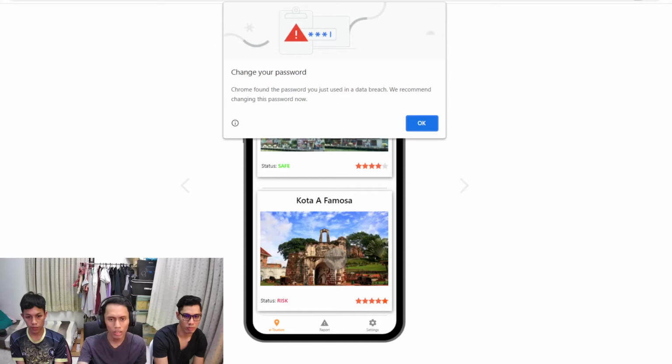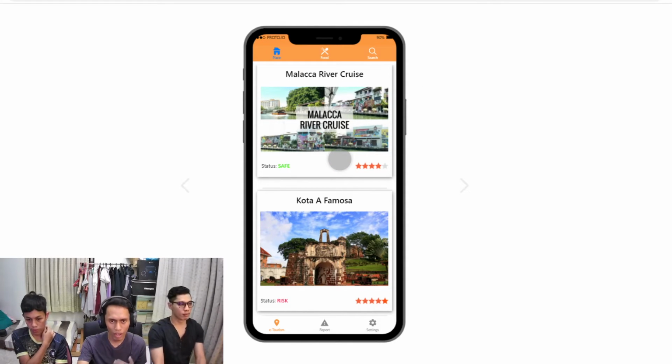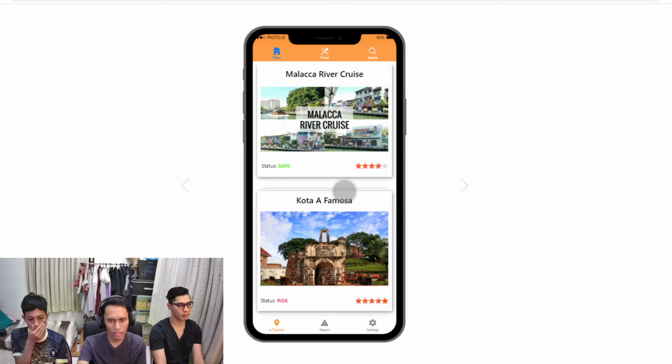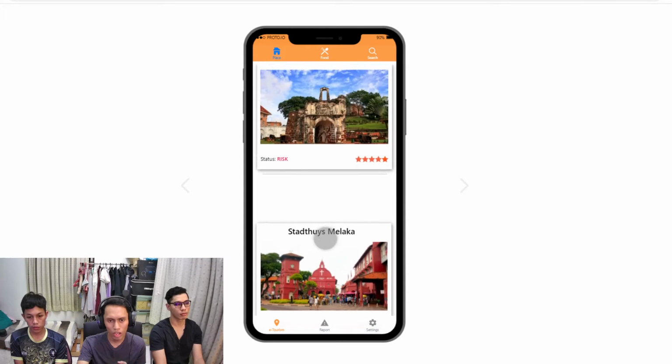Okay, sign in. If you already have an account, you can go to the sign in button and sign in. Okay, this is the first one. This is the home page, e-tourism. The home page will show you the place, the food and the search button, where inside the place you can see here